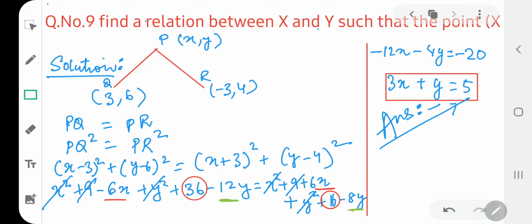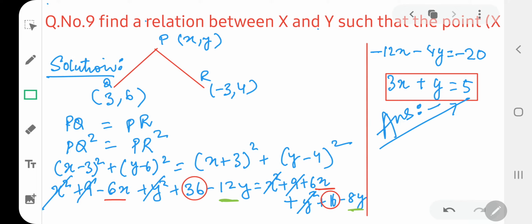We have to find out the value of x and y on this basis. Children, it is difficult to find out the value of x and y. You have learned in linear equations in two variables that whenever we have to find the values of two variables, we must have two equations. But in the given conditions, whatever is given in the question, we are able to make only one equation, and that equation is known as a relation also. Sometimes we call an equation a relation.